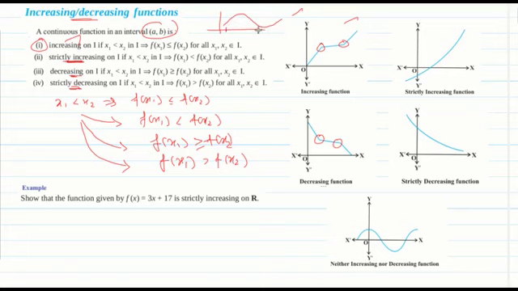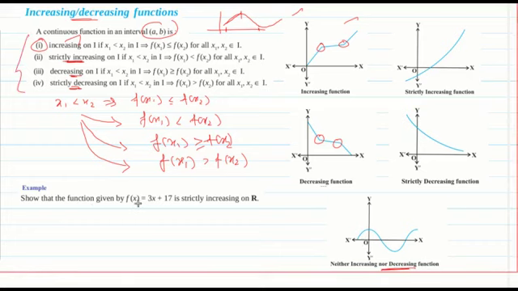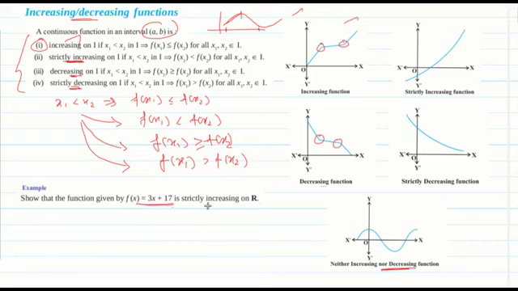From this limit to this limit, you see it is increasing up to here, and from here it is decreasing. Okay children, so like that one. So a function that is neither increasing nor decreasing will be represented in this way. Okay children, that's all. We have to show that the function f of x is equal to 3x plus 17